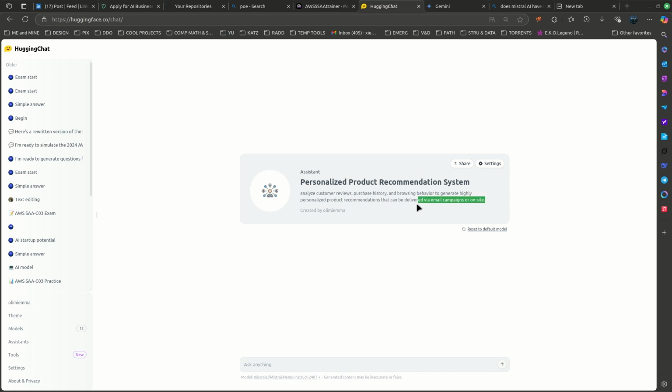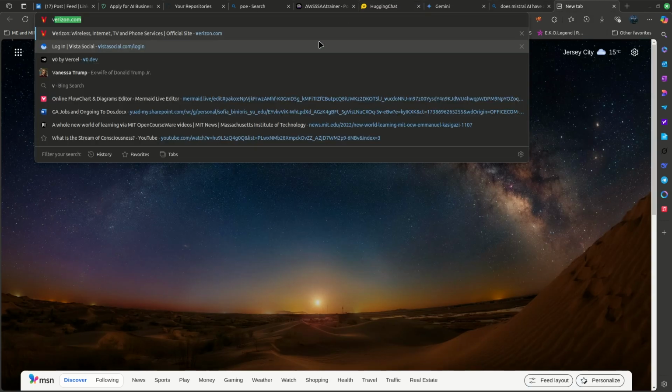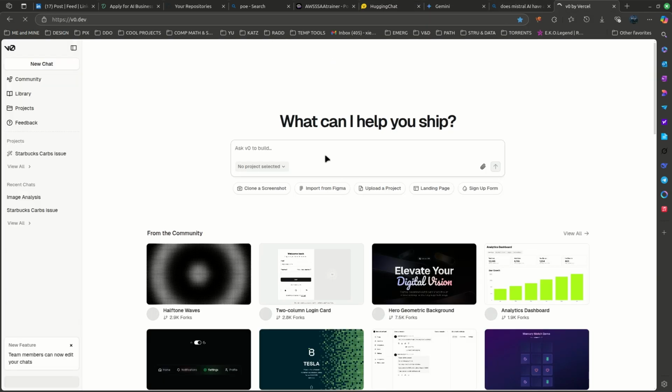Claude could add a back end, so a front end to this. Vercel's v0 could do this really well. Just create a front end. Let's see if it can actually do that right now. Create front end for a